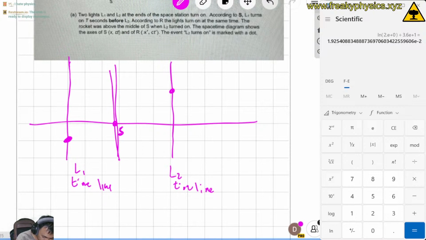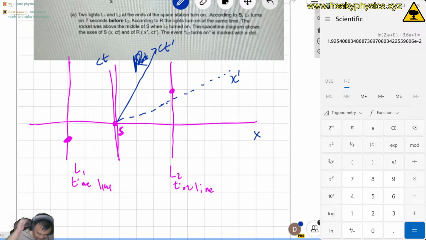And finally, let's draw the rocket's speed. So that's the rocket, right? So this is R. So this is going to be CT prime, and for now we'll skip the rest. Just these for now, right? Let's kind of draw the X prime line as well, just to make it easier to see where our proper angle, so to speak. This is our X prime. This is our X. This is our CT, right? Okay. So last thing we're going to draw are the two world lines from the